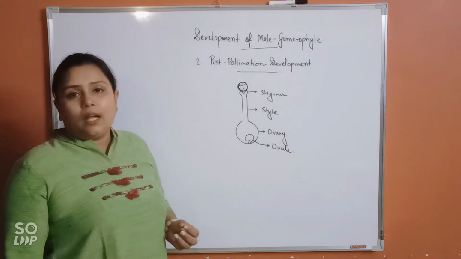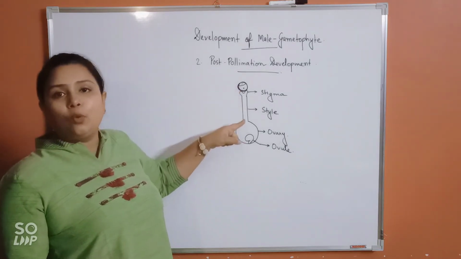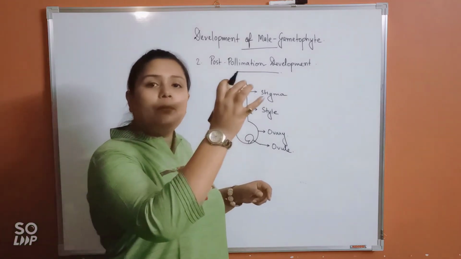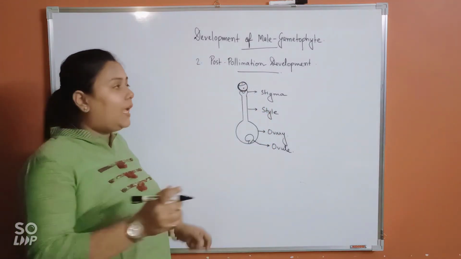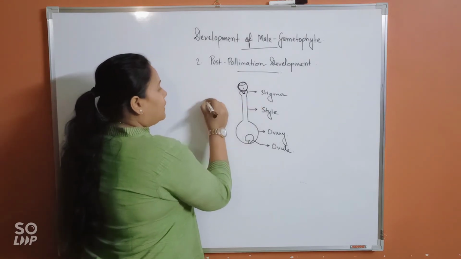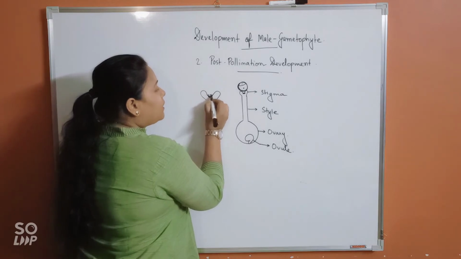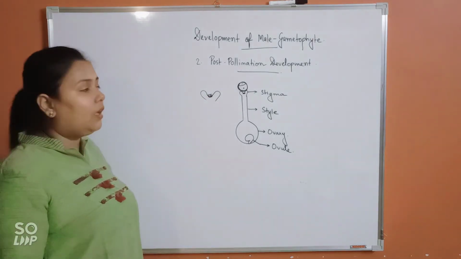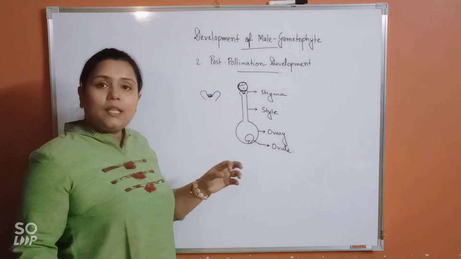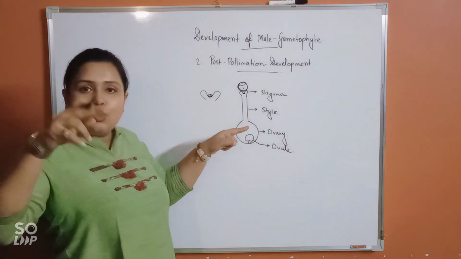As soon as it swells up, it will release certain kinds of proteins from within the pollen grain. From inside the pollen grain, some proteins will come out, and they will accumulate in the groove of the stigma. Say this is the stigma, this is the groove of the stigma. Here all these proteins will come and gather. And certain proteins of the stigma are already present in this groove.